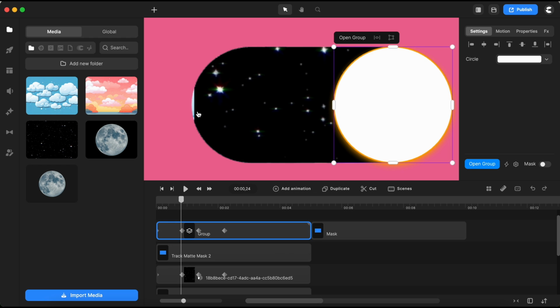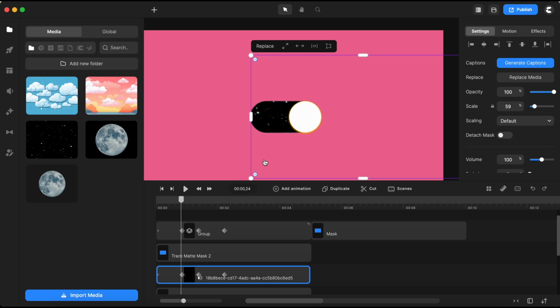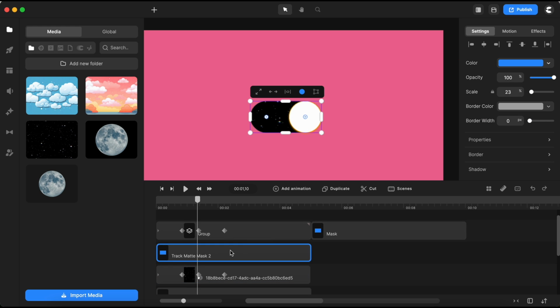I've noticed that my starry sky video is slightly off to the right, so I'll simply select it and adjust its position to the left to align it perfectly. Everything seems to be coming together nicely. However, as the moon moves to the right and transforms into the sun, I also want to reveal my cloud